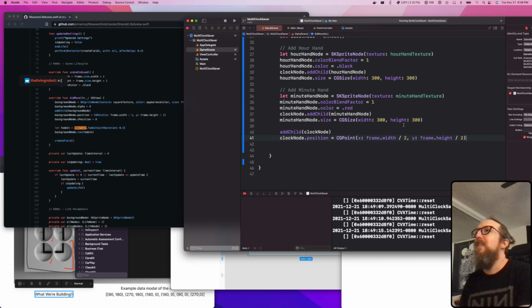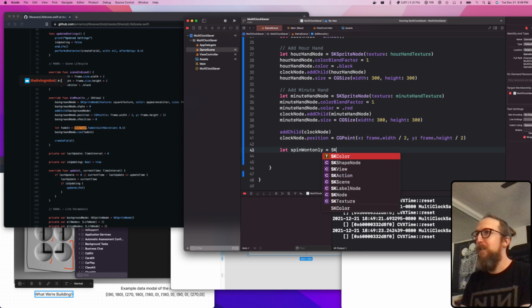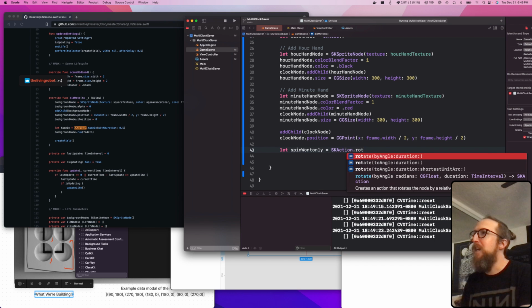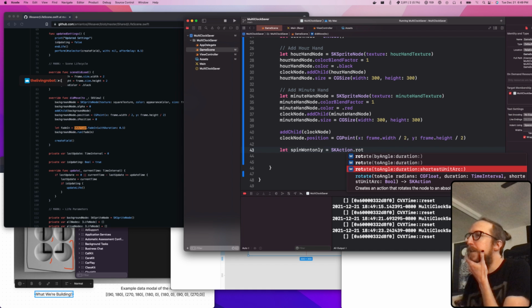All right, well, let's do, let's spin wantonly equals SK action. We want to rotate by angle. It would be cool if I could